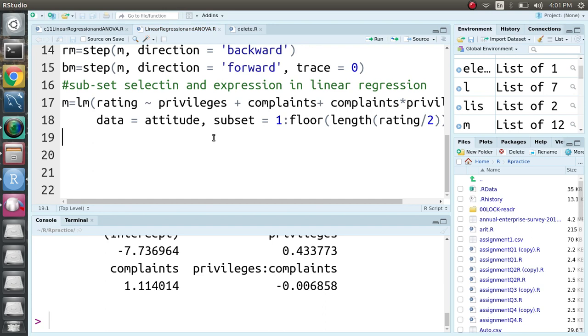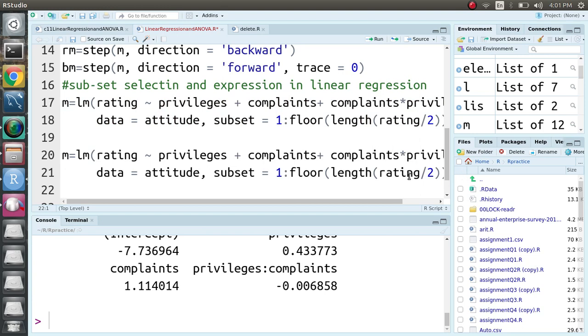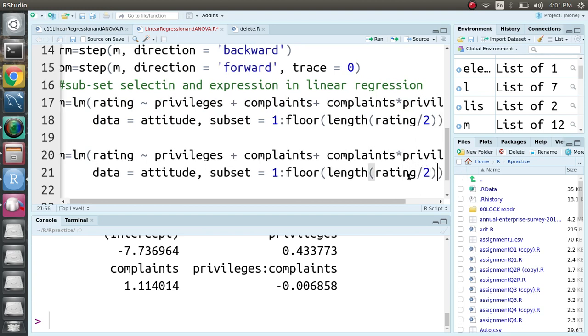After that I will go through the various expressions in the linear regression model. Suppose in the linear regression model your data frame is like this. I'm considering the previous one already, so I'm copying these things. Now I'm not using subset. Suppose I want to use the whole data. Okay,